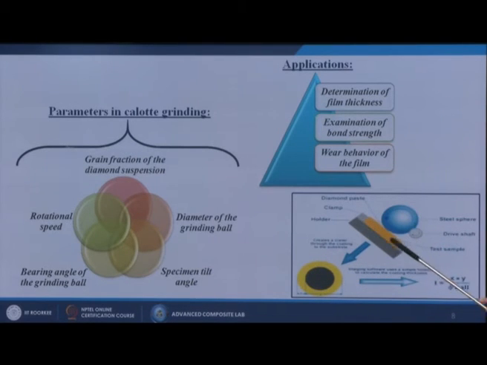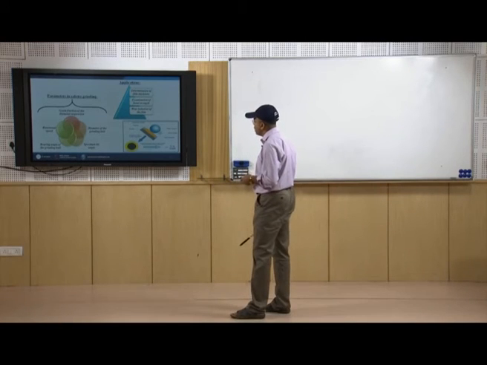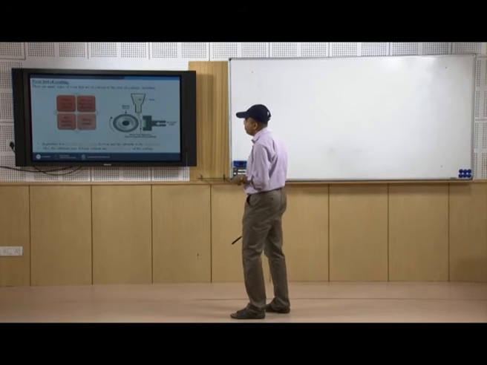So, here this one is the holder, then we have the clamp by which we are holding our specimen or substrate, and then we put some kind of diamond paste or diamond slurry, and that ball is rotating at a high velocity, and not only that, it is giving a normal load to the substrate by which a hole is created on the surface. Then from this image the software uses a simple formula to calculate the coating thickness: T is equal to x into y by phi ball, where phi ball means the ball diameter of that particular ball. By applying this, we can measure the coating thickness on the substrate itself.